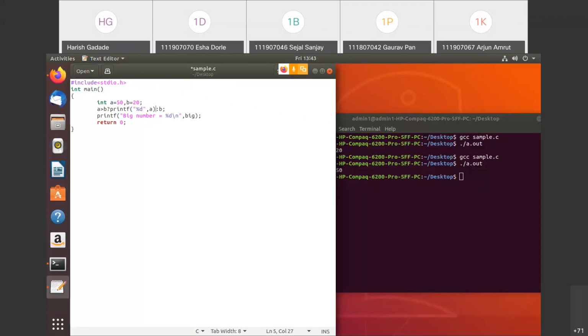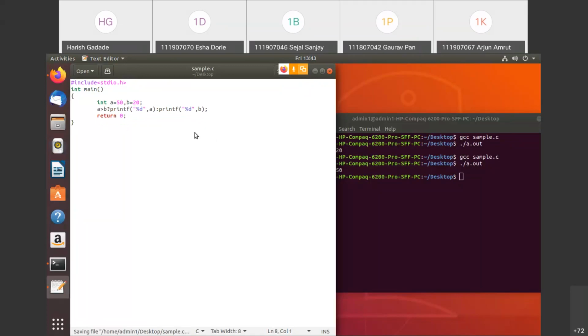I'm just printing that a value, and same thing, I'm just printing that b value. I think you understood this, that same program we have taken, right? So now what I did here: if a is greater than b, if it is true, then whatever is the value of a, that will be printed here. If this statement is not true, then we can print this value, right?